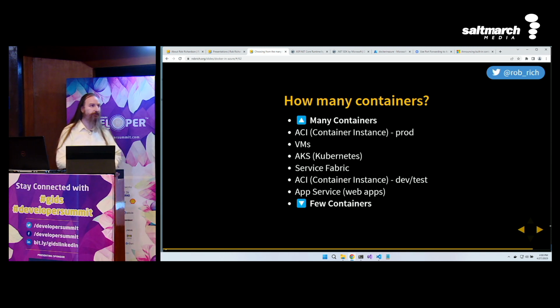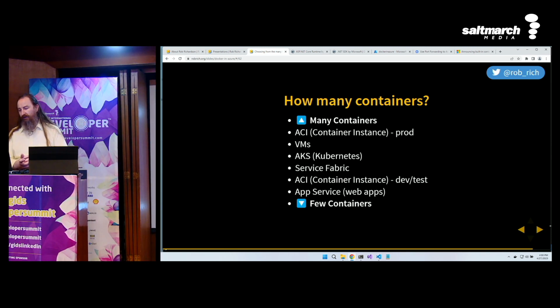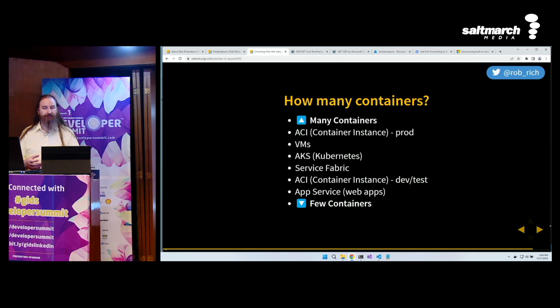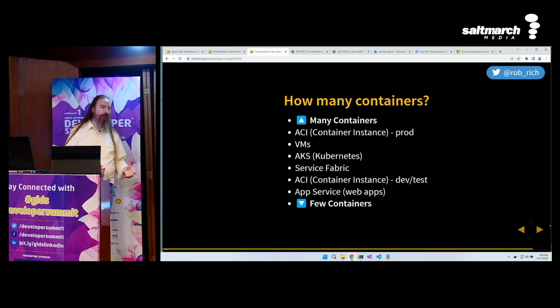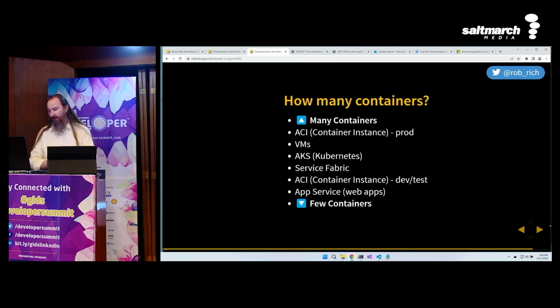Similarly, we can look at this as how many containers do I have? If I have many containers, then I might choose to build a platform on top of Azure Container Instance and take that orchestration role for myself. Or I could install Kubernetes or another orchestrator on a bunch of VMs, and now I can control lots of pods.